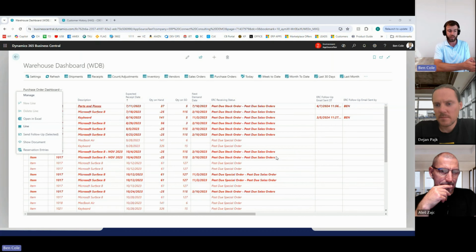So clearly here we can see we're looking at our purchase orders. We see that a lot of these purchase orders are going to be helping fulfill past due sales orders. Because our vendors aren't delivering on time, I can't deliver on time downstream to my customers, right? So I want to take action on this. You don't even need to go email them. You come right in here, send the follow-up email, and you're all good to go directly from the user interface,